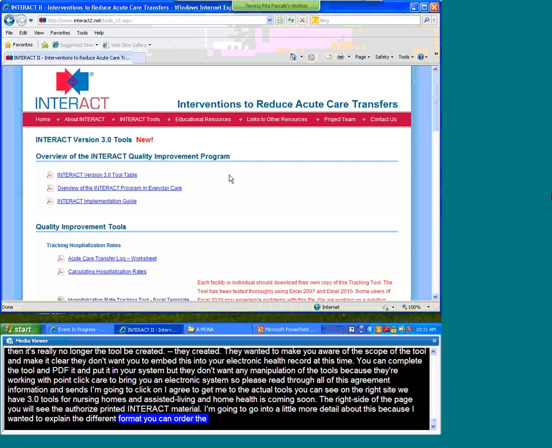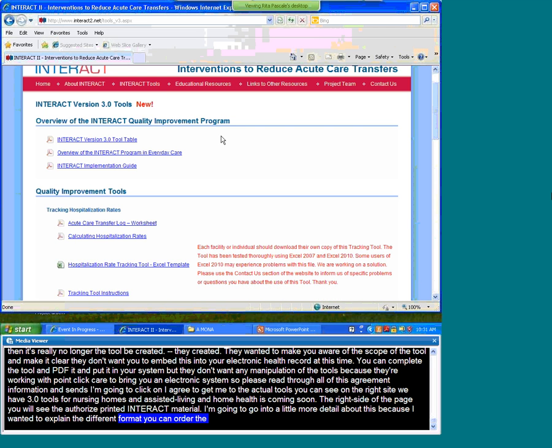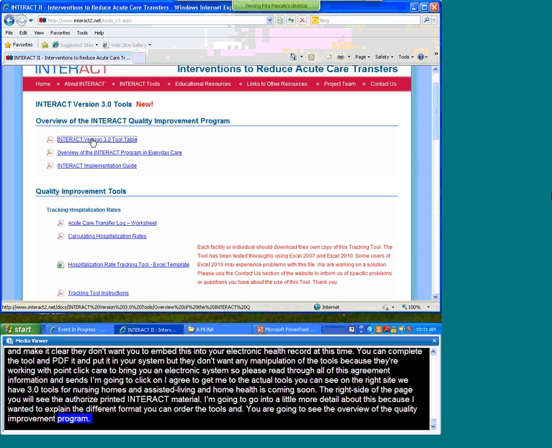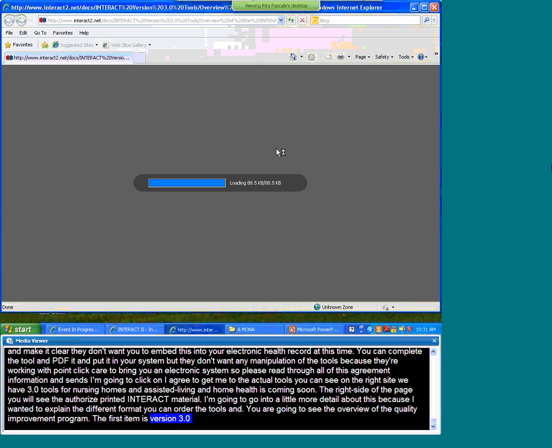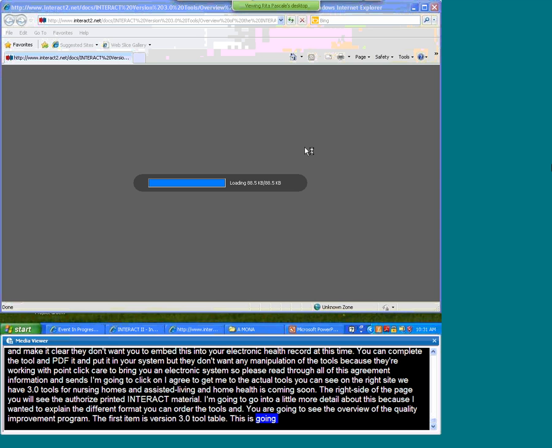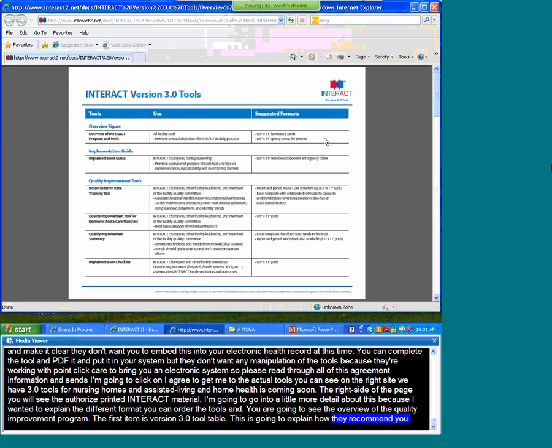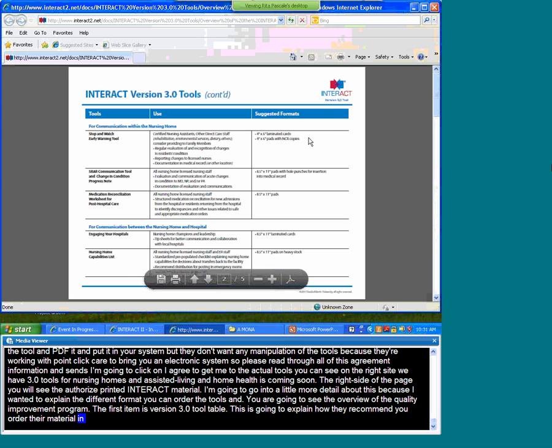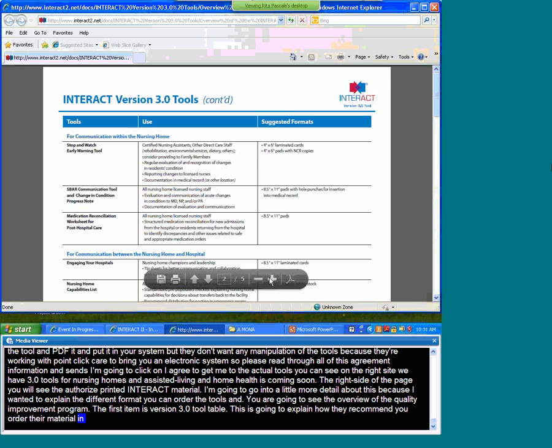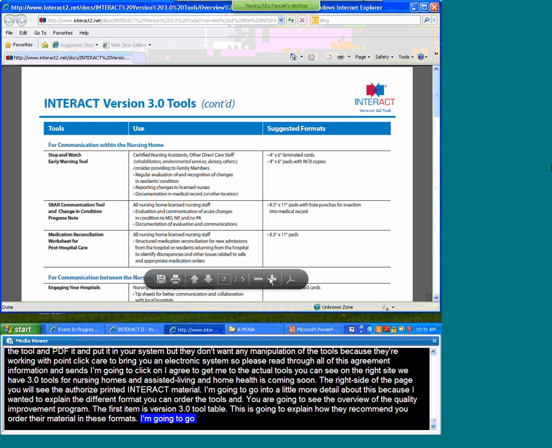and you're going to see the overview of the Quality Improvement Program. The very first item is the version 3.0 tool table. And this is going to explain how they want you to, or how they recommend that you order their material in these formats. So I'm going to go directly to the second page because that's for communication within the nursing home. Okay, since we're talking about Stop and Watch program, you'll see there's a column for tools, column for use,